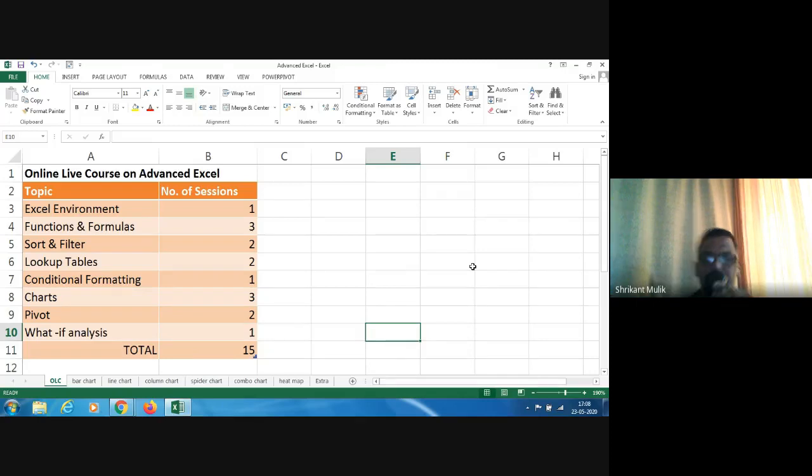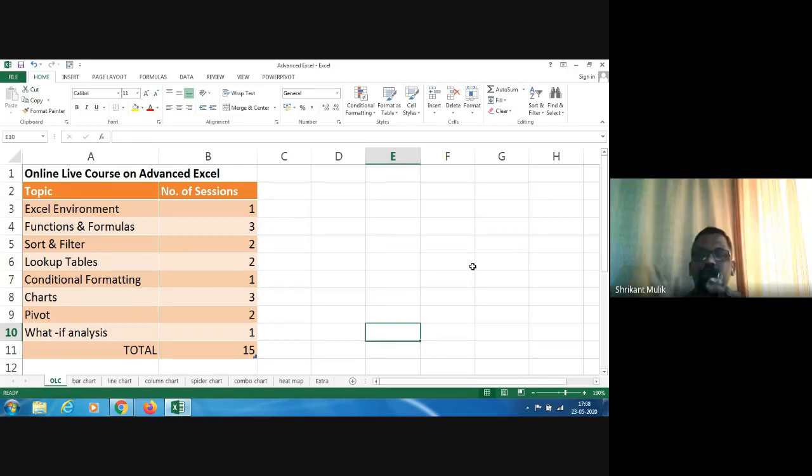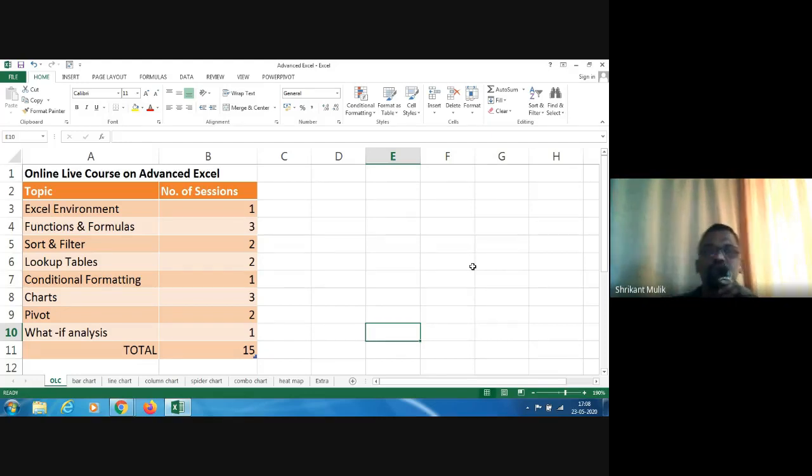But as some of you said, you want to know the formulas and all that. So when I'm doing this function chart, I'll also show you certain formulas. I'll also show you some shortcuts that I'll be using. And I hope this will be a useful 30-minute session for you, because you'll learn quite a few things which you were not aware of earlier.